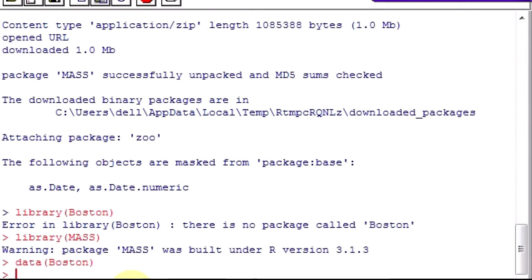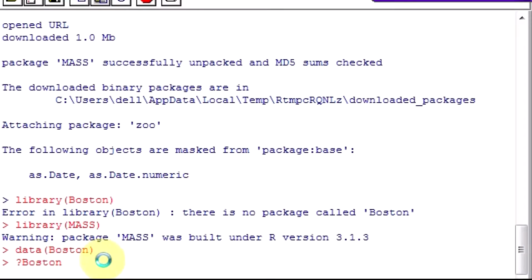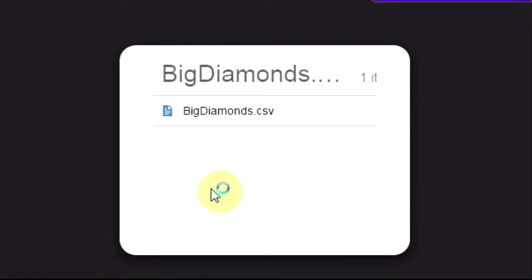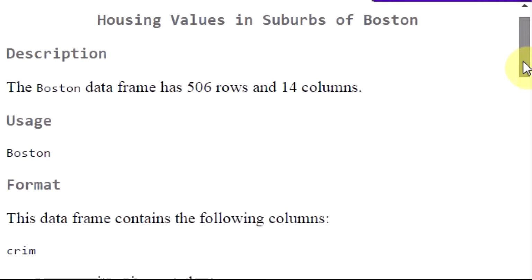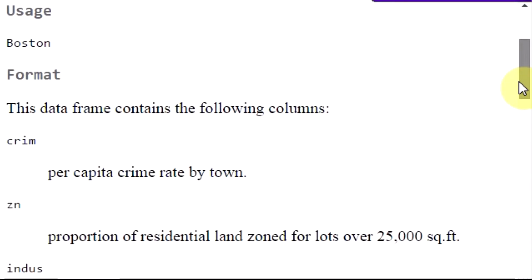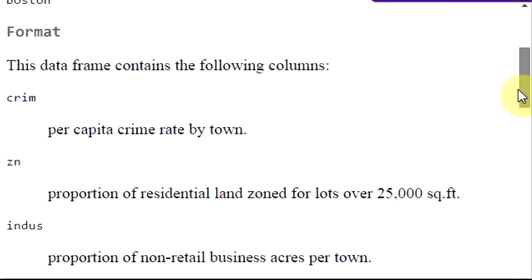I can seek help on the data set using a single question mark, Boston. It has 506 rows and 14 columns. CRIM is per capita crime rate.